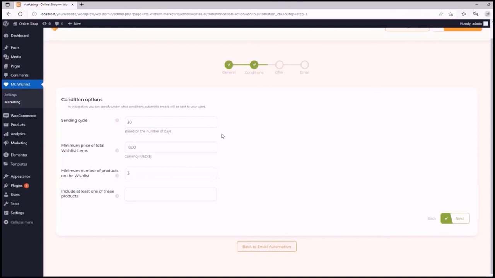And the next option is minimum price of total wishlist items. Let's see what the toolkit says. Your user's wish list must have the minimum total price entered. If the total price of the user's list is less than this number, emails won't be sent to the users. Okay, it says if the total value of their wishlist items exceeds this number we are choosing, the automation plan will automatically start for that user. Okay, the currency is US dollar, and I think based on my product's price, an amount between 700 and 800 is good. So let me choose, for example,